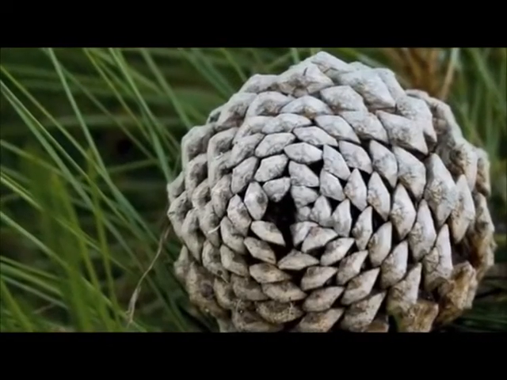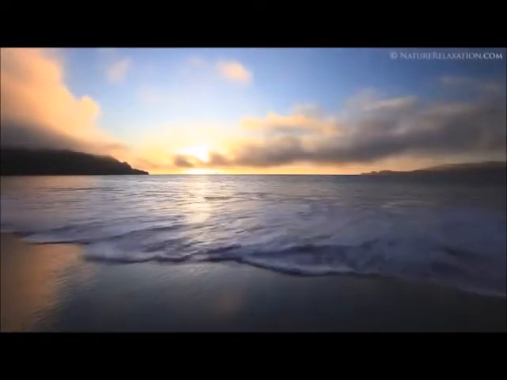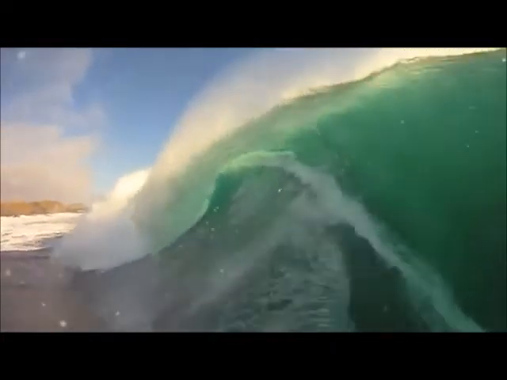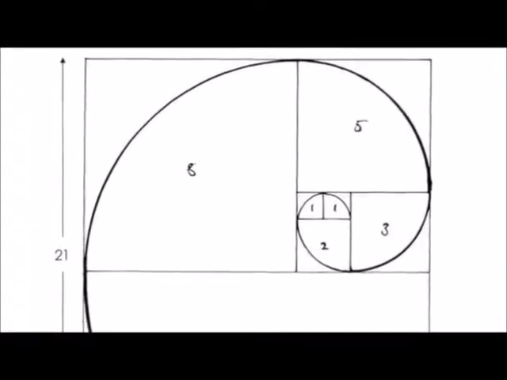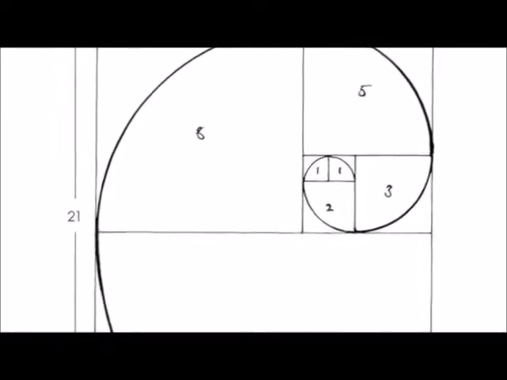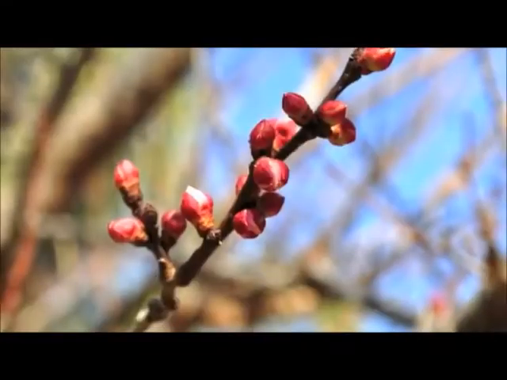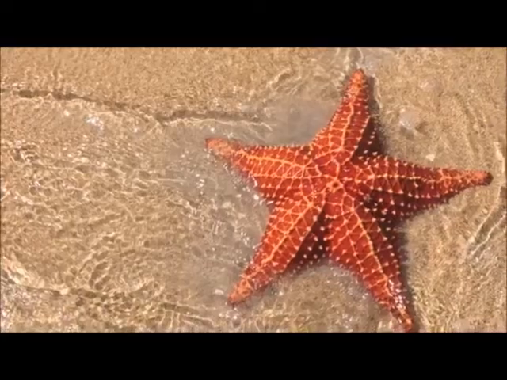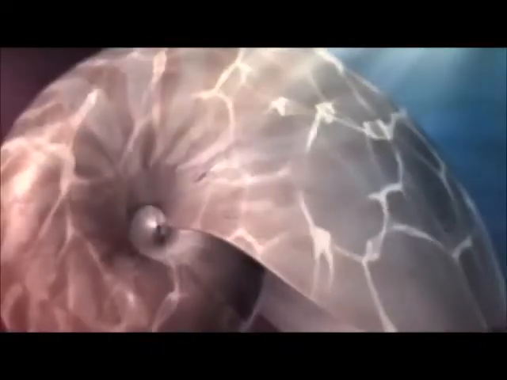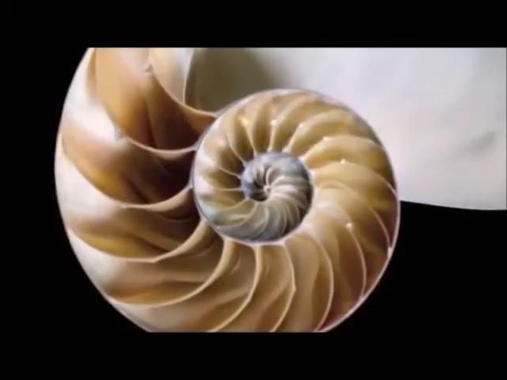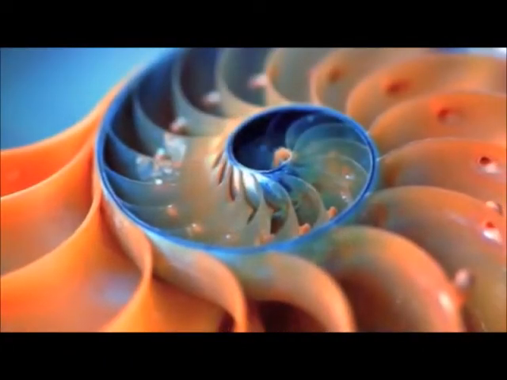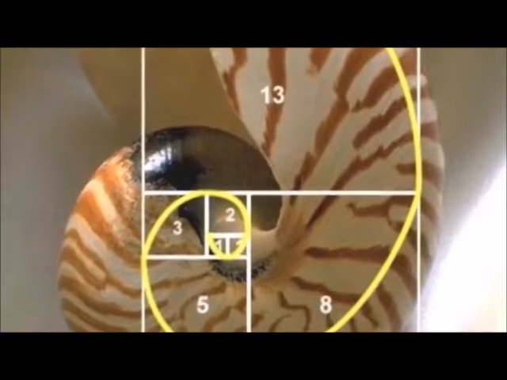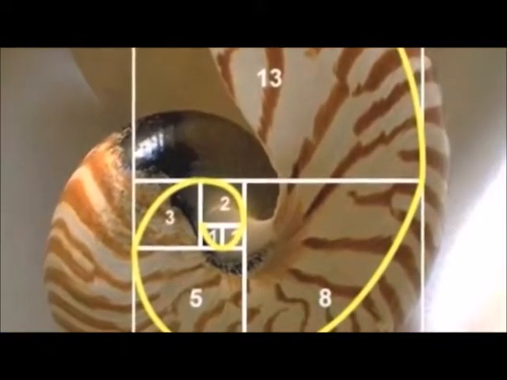The pinecone does the same. As currents move through the ocean and the tide rolls onto the shore, the waves that bring in the tide curve into a spiral that can be mathematically diagrammed onto a plot at the points 1, 1, 2, 3, 5, 8, 13, 21, 34, and 55. Buds on trees, sand dollars, starfish, petals on flowers, and especially the nautilus shell are formed with this exact same blueprint. With each segment of growth, the nautilus adds to itself one more value on Fibonacci's scale.